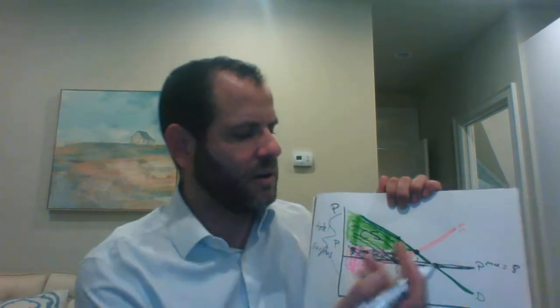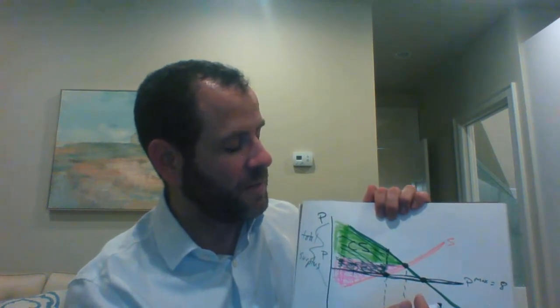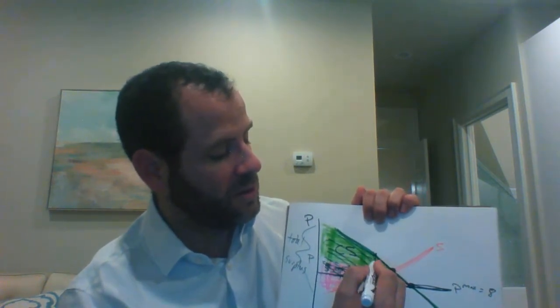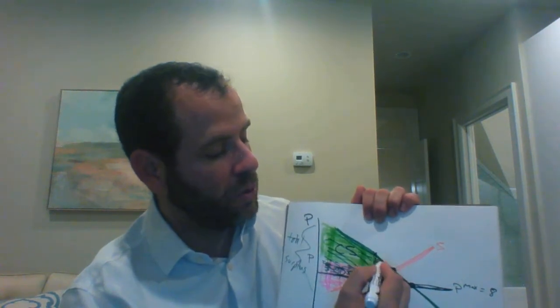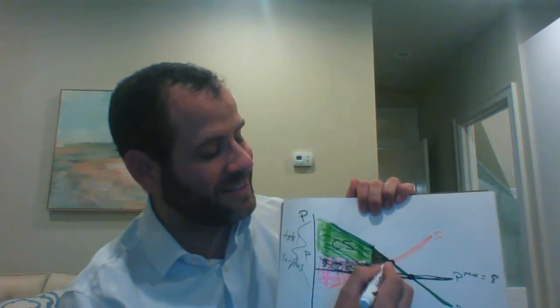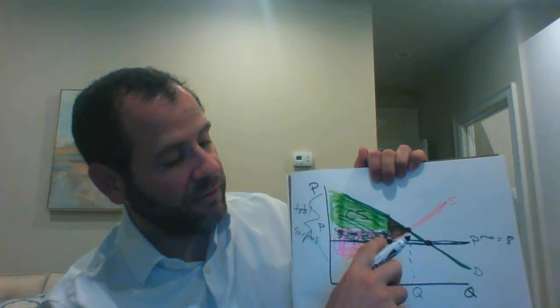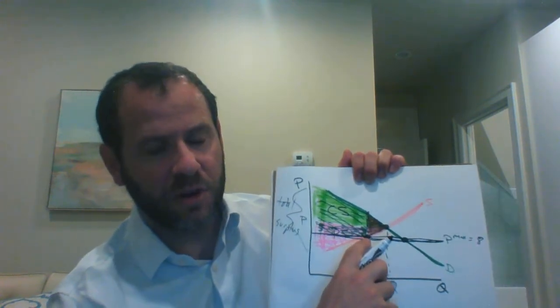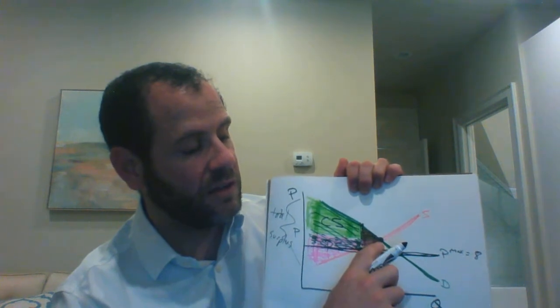We'll talk about it later when we get to taxes and why it's so important. But we get to learn about it here. There's both consumer surplus and producer surplus that is essentially lost. Why? Because we have fewer transactions in the marketplace because of that price ceiling than we did if we were